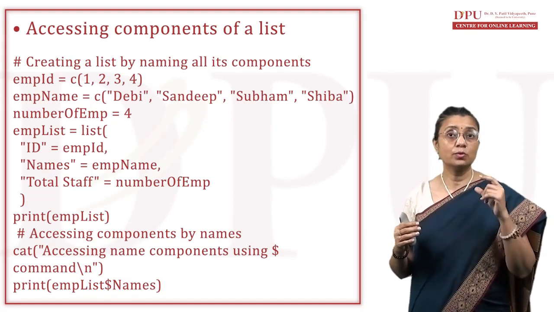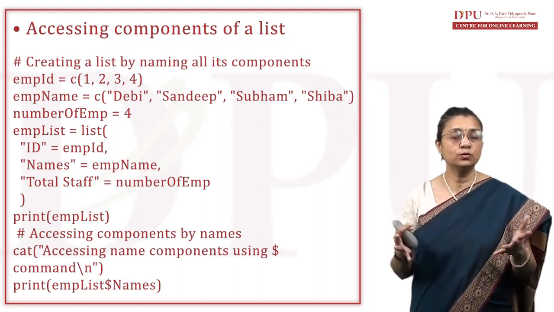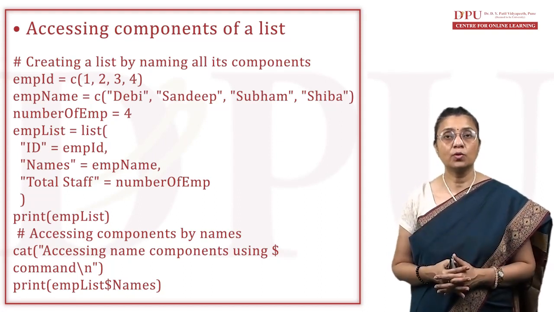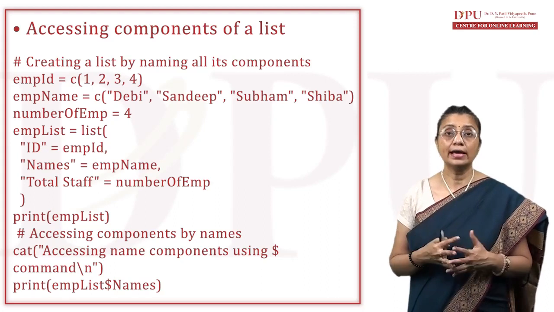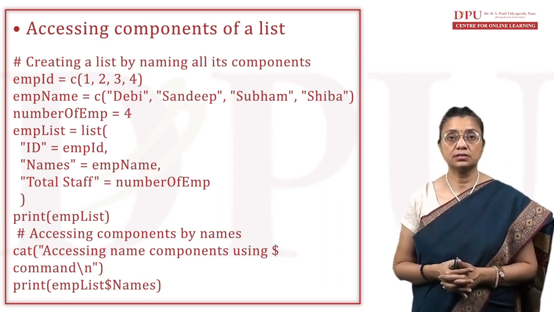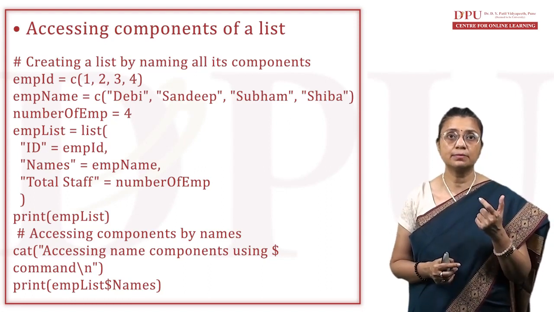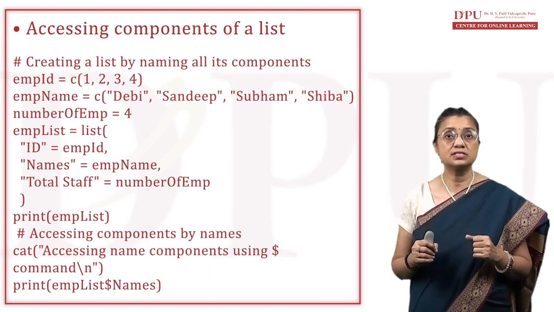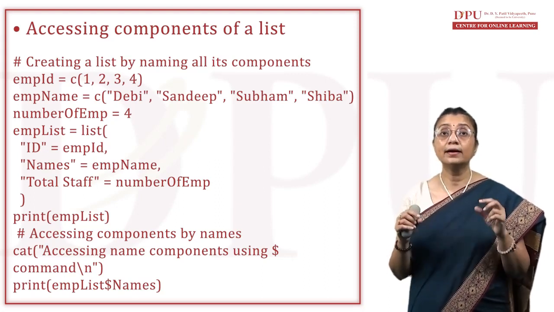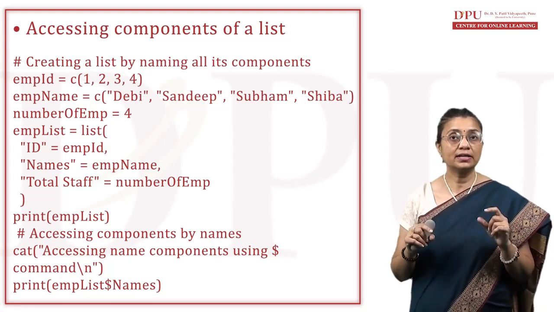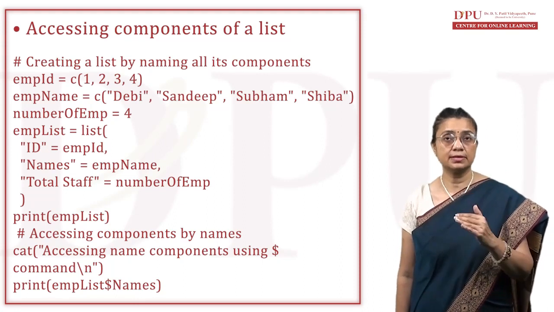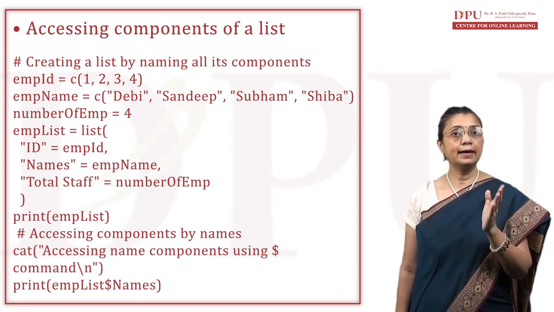Now suppose I just want to access the components by names. What will I do? I will use the dollar symbol. So, accessing named components using the dollar symbol. How can I use it? I will be using emplist, which is my list variable, and then I will write a dollar sign and I will write names. So names is what? This is my vector emp name. So my vector is named as names. So if I have to pull the vector names, which is Devi, Sandeep, Shubham, and Shiva, I'm writing emplist dollar